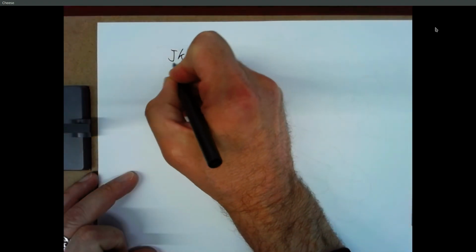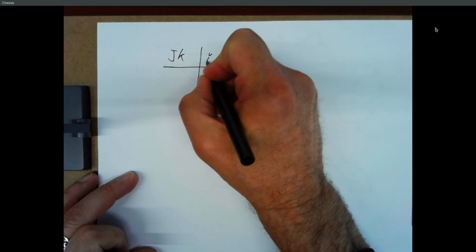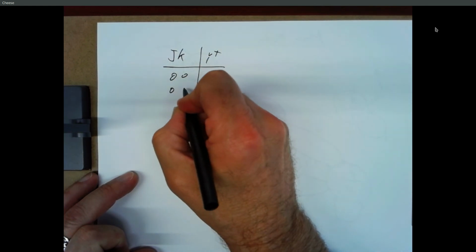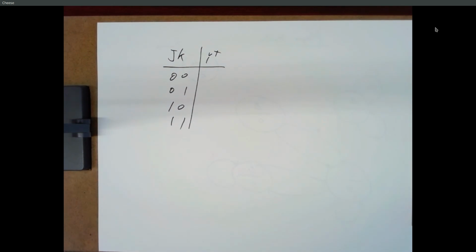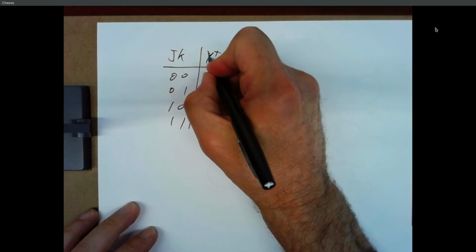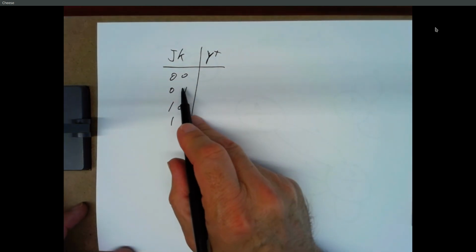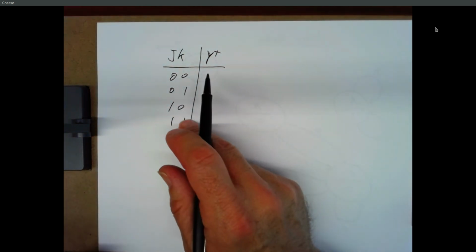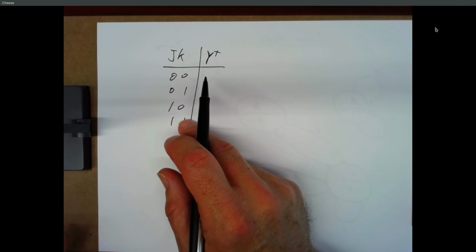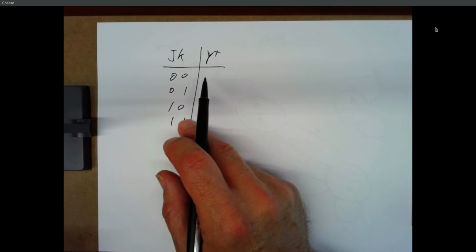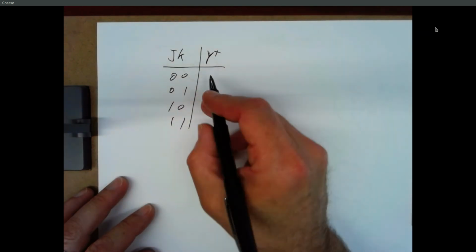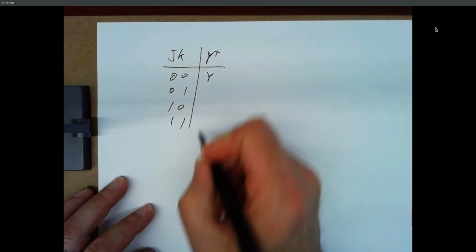So the flip-flop behavior looks like this for a JK flip-flop. You have 2 inputs, so we've got 4 rows in the truth table for a JK. And if J and K are both 0, what does a JK flip-flop do? What's its output going to be equal to? It stays the same. So the new value of y is going to be the same as the old value